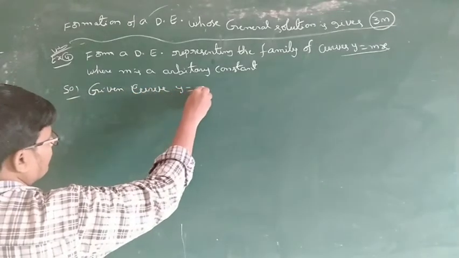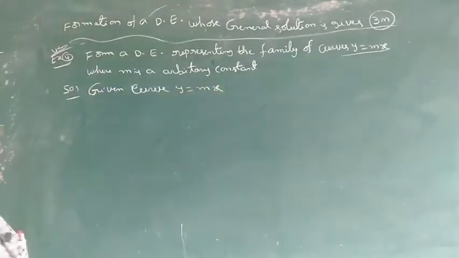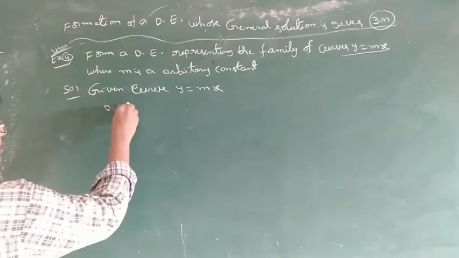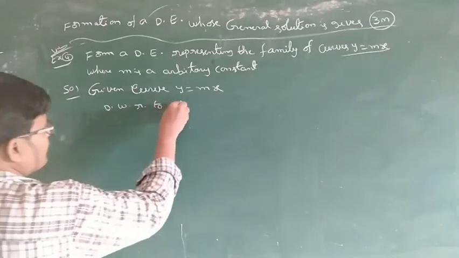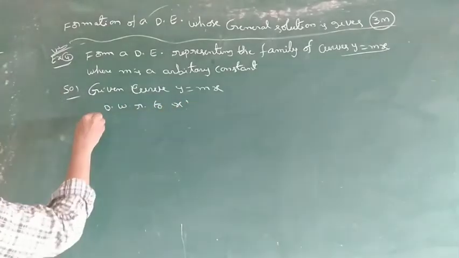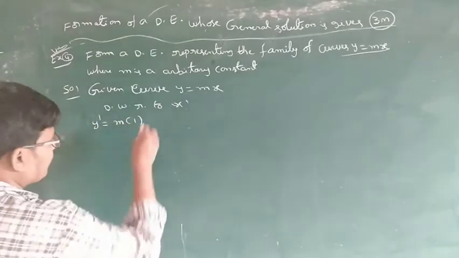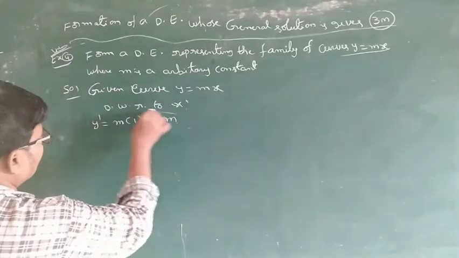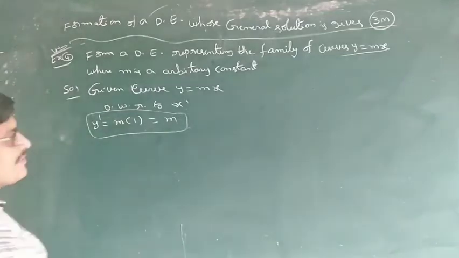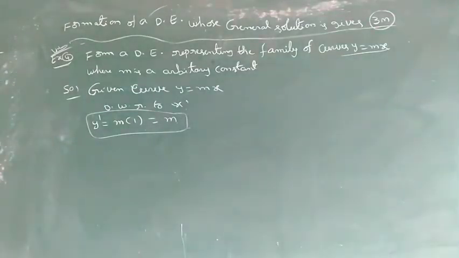So, given curve y is equal to mx. Given curve y is equal to mx. Differentiate with respect to x. Y derivative y dash, m constant, x derivative 1. So that is equal to m. So this is the differential equation. So in the differential equation